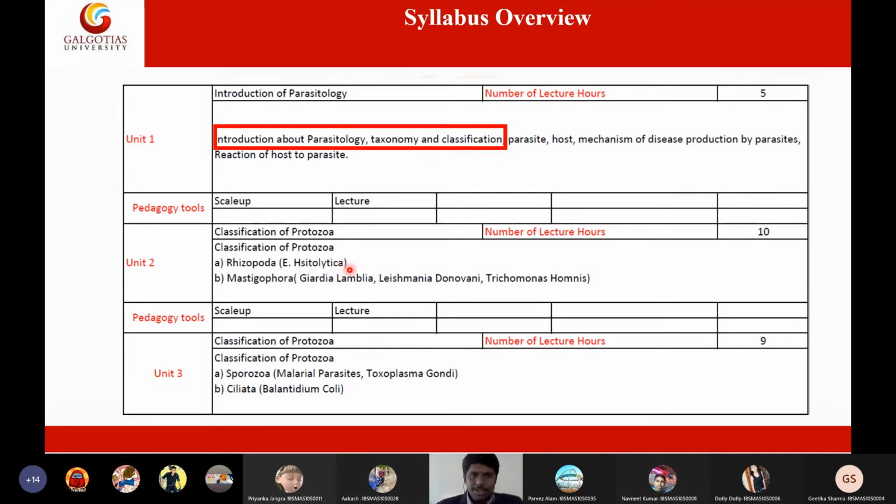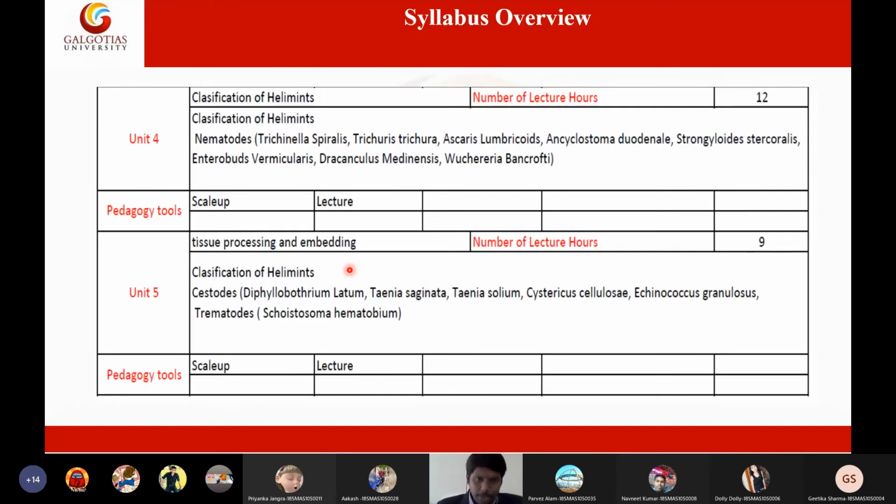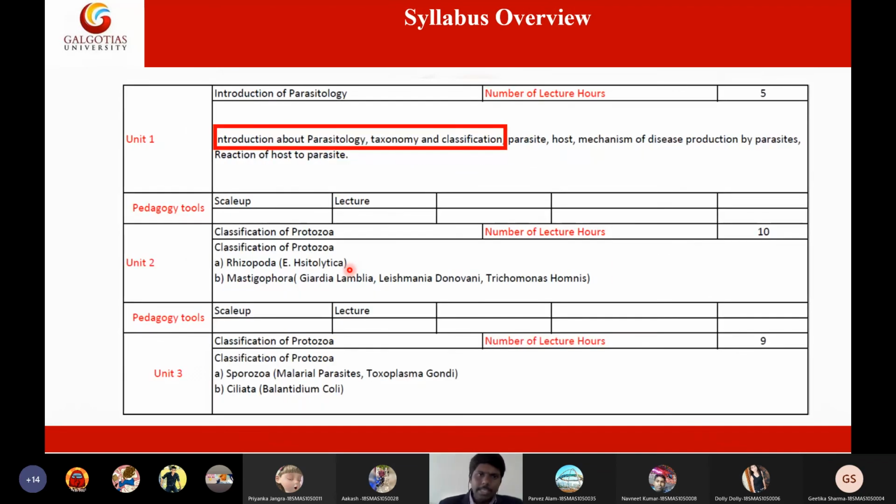We discussed the morphology and pathogenesis of Entamoeba histolytica, then signs and symptoms, lab diagnosis, and culturing. We have two types of cultures: polyxenic culture and normal culture. In the polyxenic culture, we include human serum as a substitute, without bacteria, to grow Entamoeba histolytica, and it causes diarrhea in patients, especially amoebic dysentery. Then coming to the Mastigophora, taxonomically it contains the ciliates, flagellates, and sporozoans.